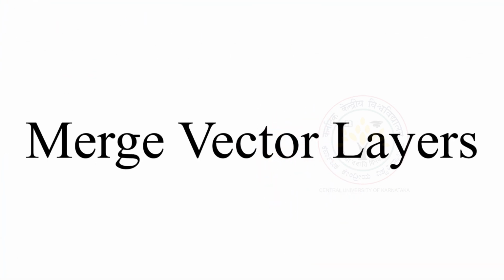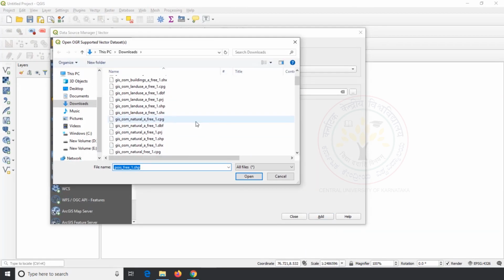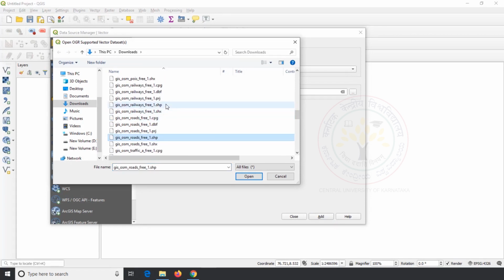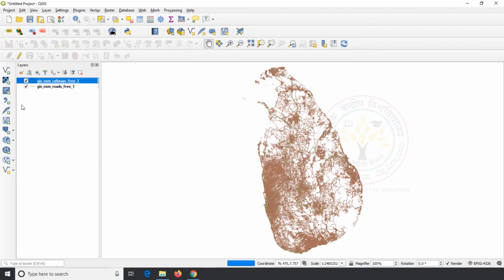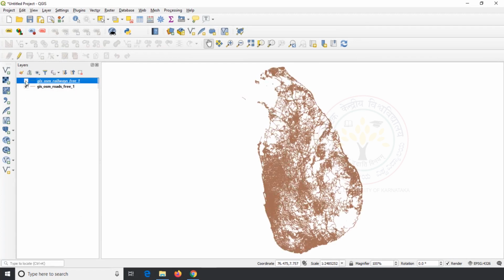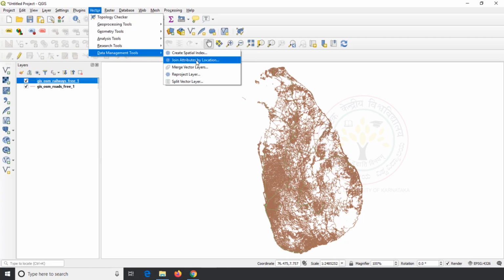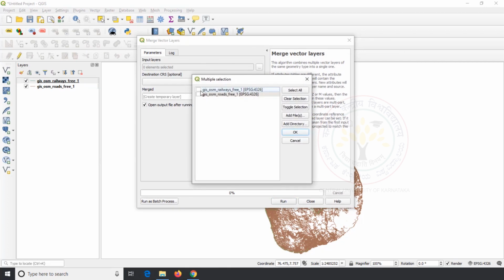Merge vector layers is used to merge features of the same geometry. For this I will use roads and railways of Sri Lanka as input to merge, and we will see the result. I open the tool and click on the button located on the right side of input layers.